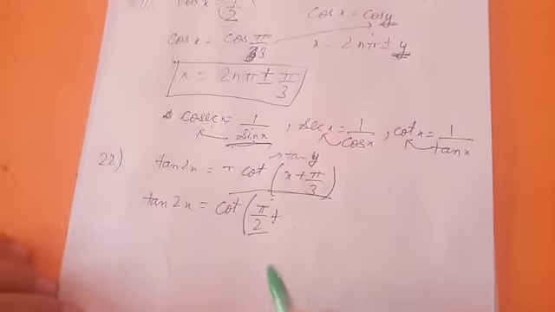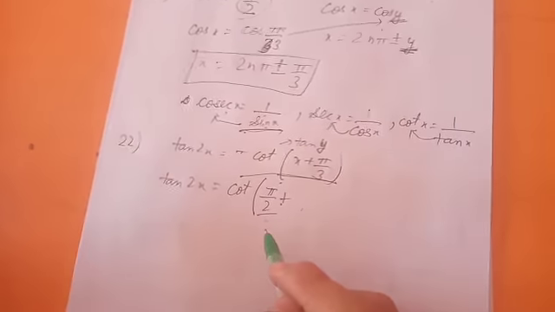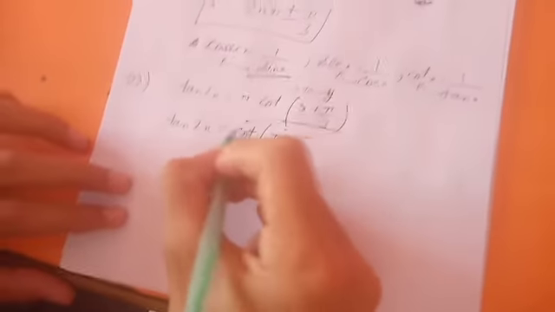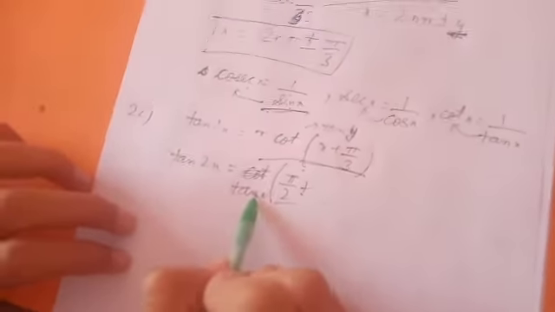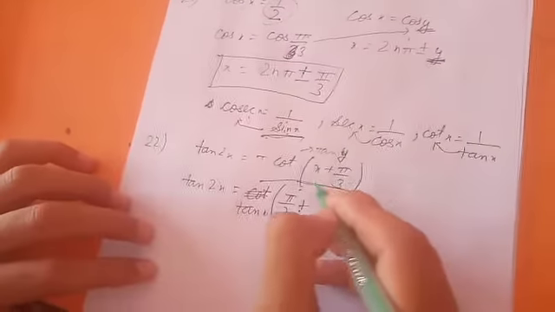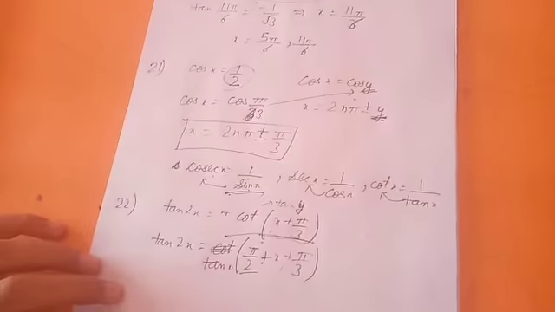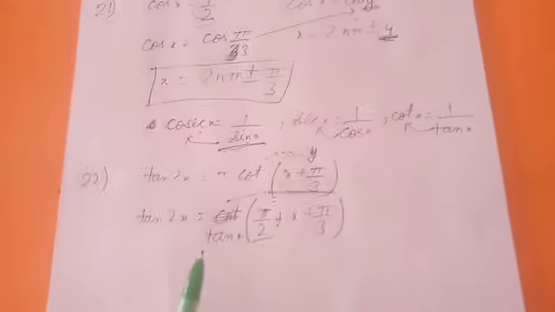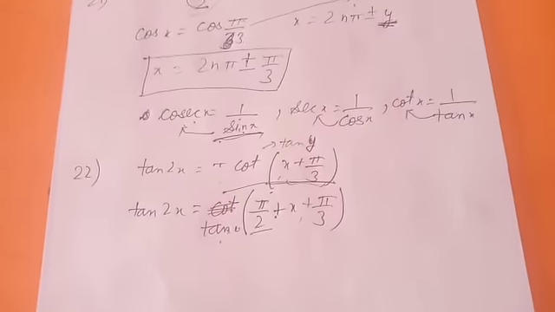And why are we not using pi or 2 pi here? Because we have to change the phase, we have to convert cot into tangent, and sorry, here it will be tangent. We have changed the phase, and this angle, our y, will be the same, meaning x + pi/3 will be as it is. If we convert this back into cot, we will get the same, minus cot(x + pi/3).